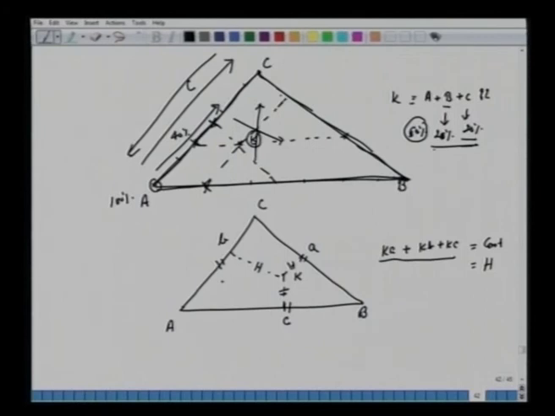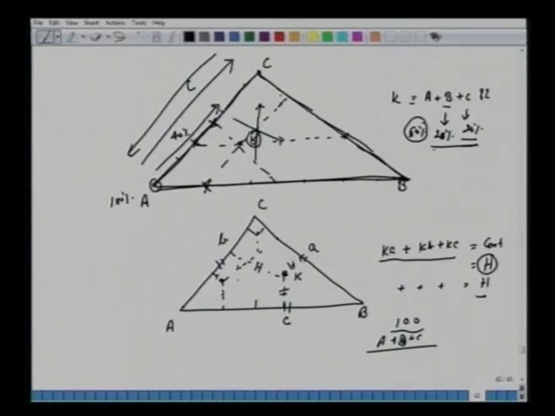If you choose any point here, you draw the perpendicular to the three sides, measure the three segments, the summation of all three will again be the same as H. That means it's telling us that since we have 100%, if we want to distribute A, B and C, an equilateral triangle can be used to represent the different amounts of A and B and C. Why? Because anywhere the amount of A plus B plus C is 100%, because the sum of all three altitudes is the same as H here.